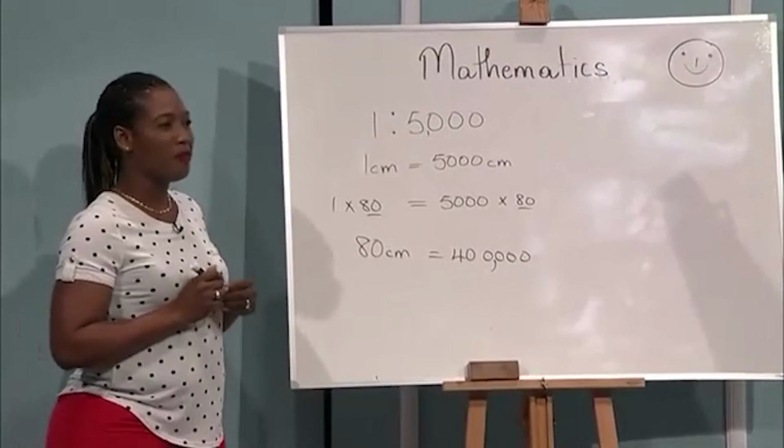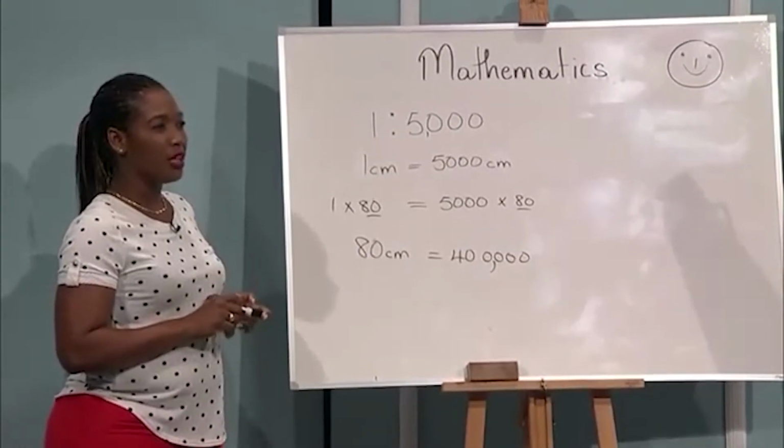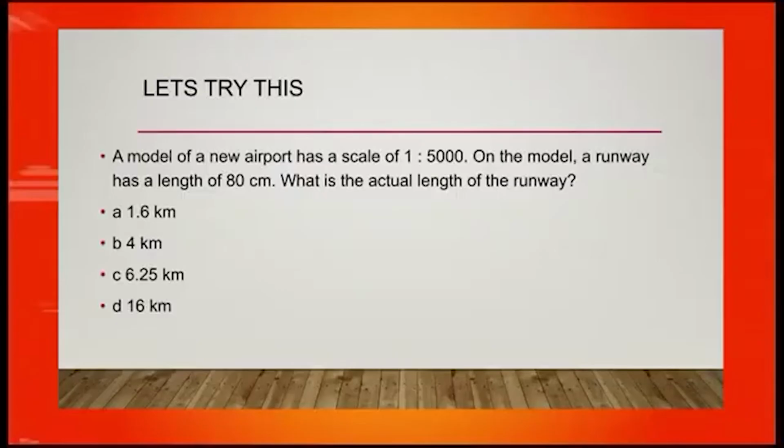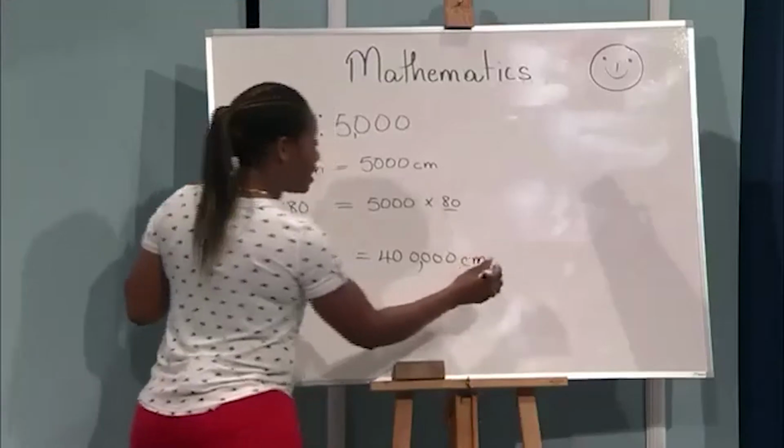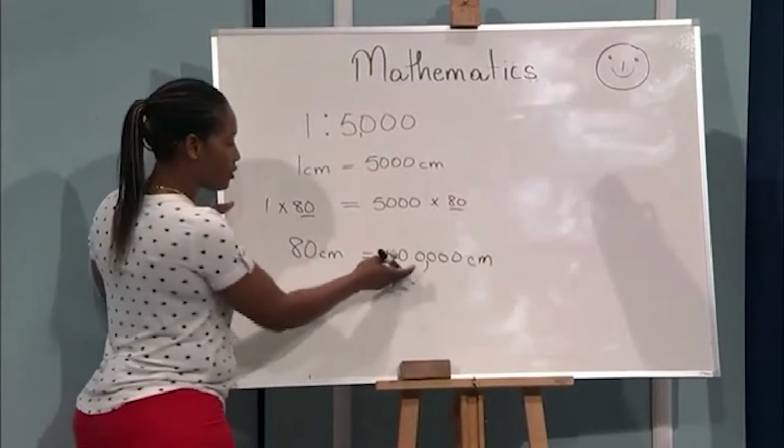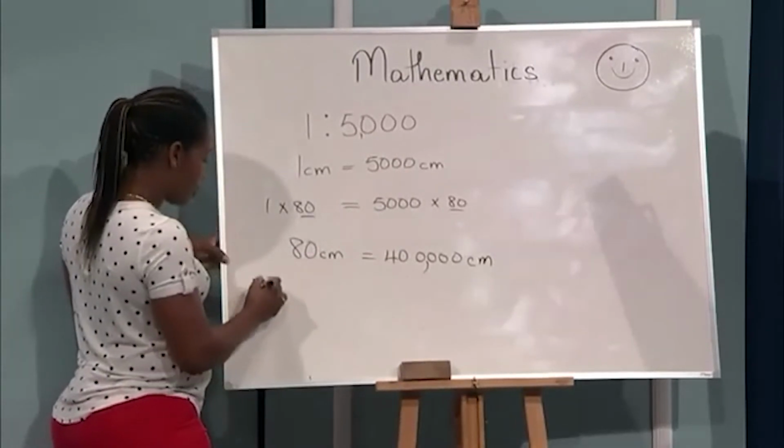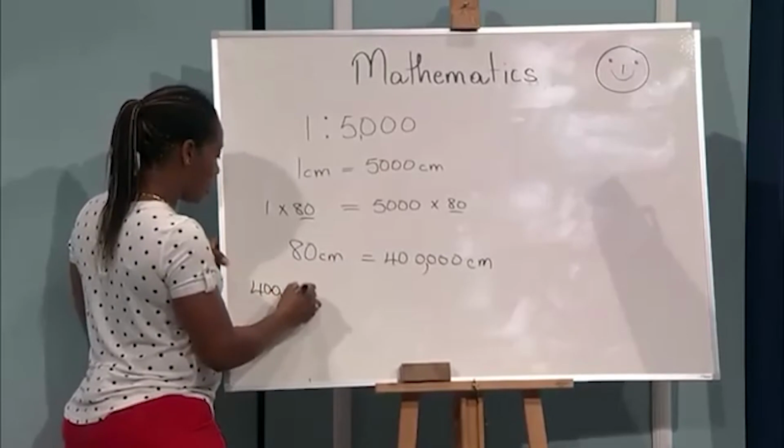You see 1.6 kilometers, 4 kilometers, 6.25 kilometers, 16 kilometers. This doesn't look like anything that we have here. So what do we do? All right, so this is in centimeters, and as you can see, your answer is in kilometers. So we have to convert. So let's convert 400,000